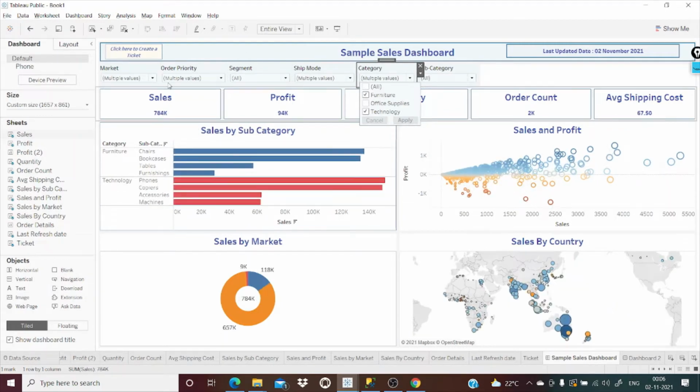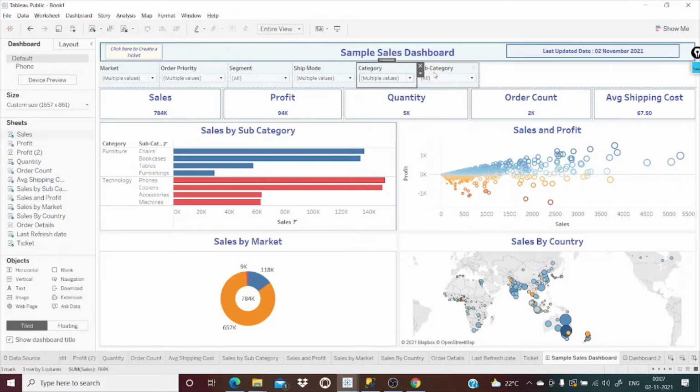Now in our case we have 5 filters. Oh, this line got fixed automatically. That's fine. Where were we? This one, category and subcategory, right? In the real world we will be having a few more filters.